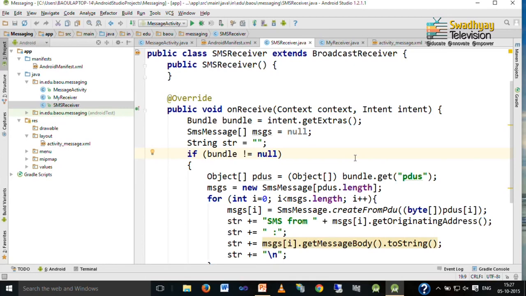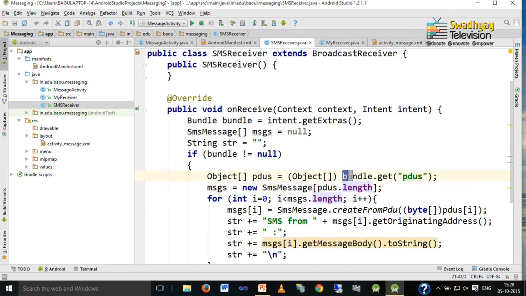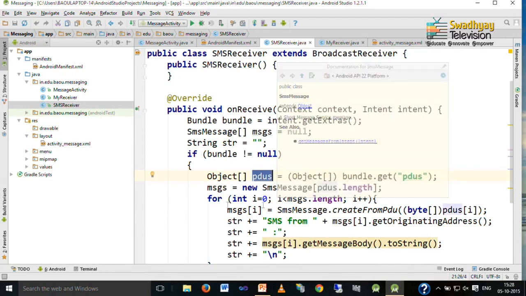So, if bundle is not equal to null, then you have to extract the message. Here I create an array of PDUs and we call the method bundle dot get with the argument PDUs. So, from intent we get the bundle, from the bundle we get PDUs, and from PDUs we get the message.